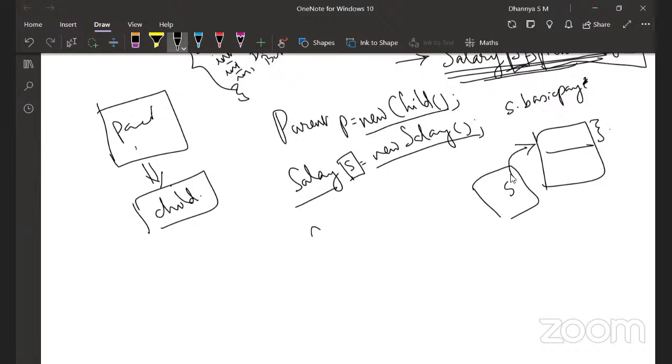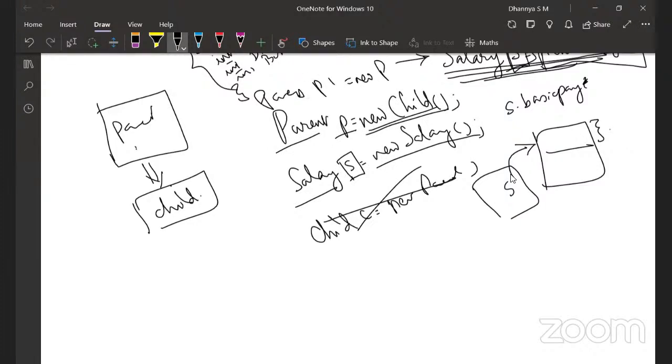The other direction is not possible: Child C equal to new Parent is not permitted in Java. Whereas Parent P equal to new Child is possible. In fact, Parent P1 equal to new Parent is very much possible too. Is this clear? Yes, ma'am.